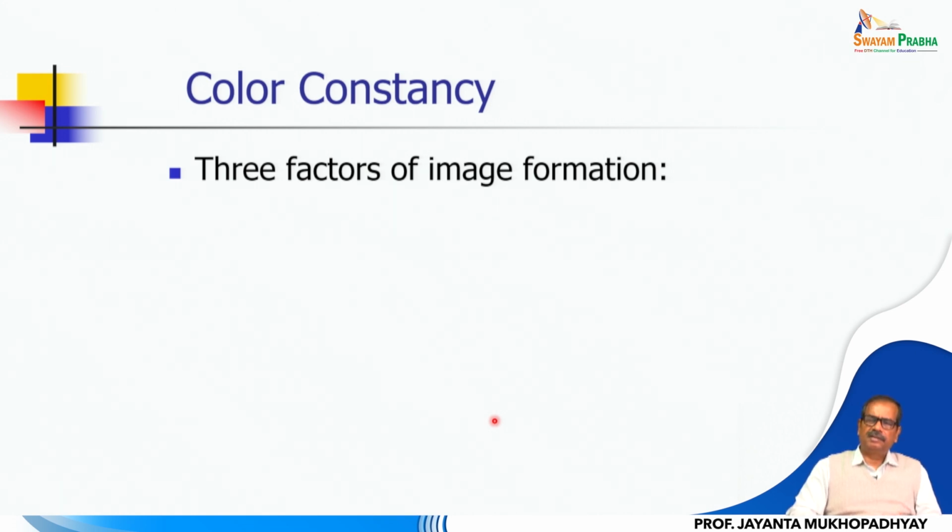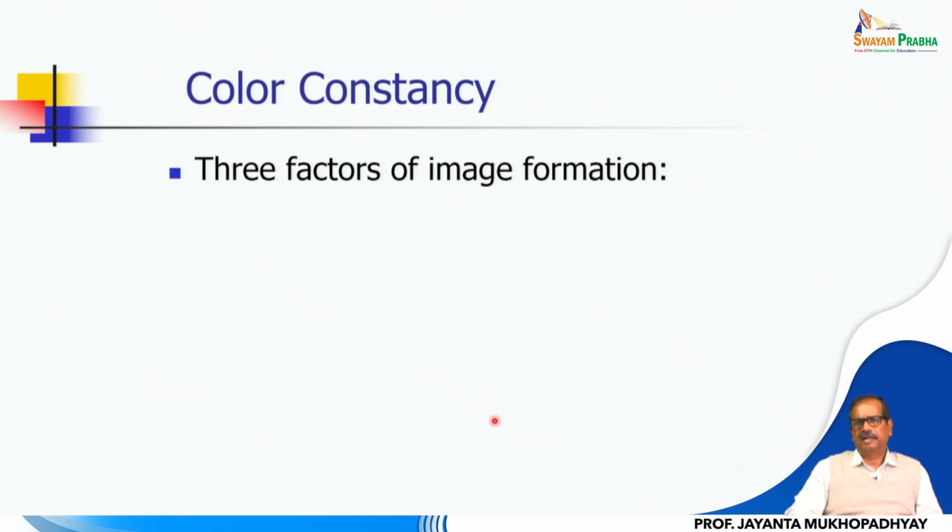So, while computing the illumination invariant representation or color constancy, we need to understand the three factors that I have already mentioned during my lecture on the fundamental topics of image processing. So, we know that there are three factors of image formation. One is the optics behind it. One is the spectral power density of the incident light source, that is, what the incident light is, and then what is the reflection